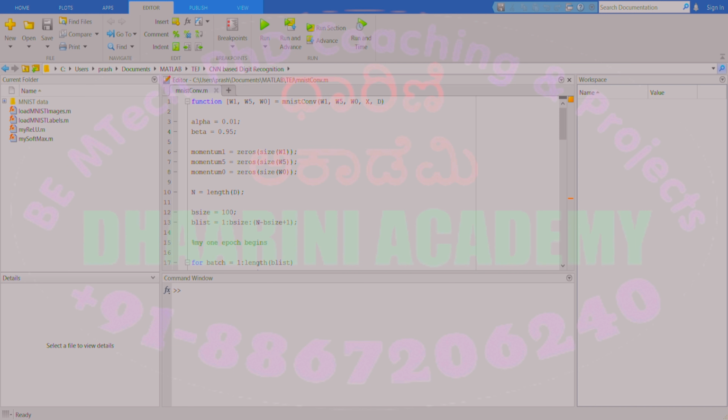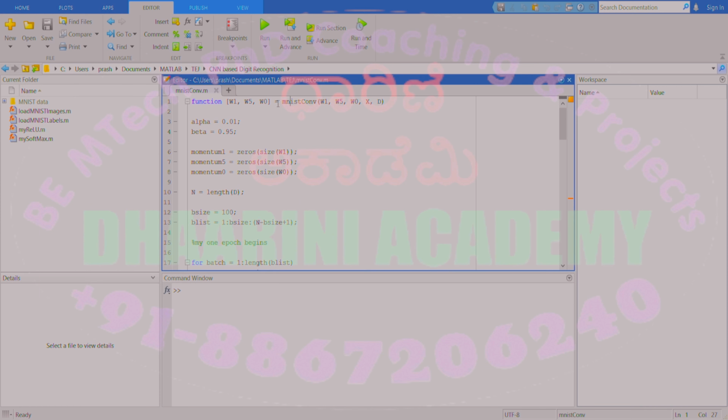In the previous session, we looked at the various layers, and after that we started writing a code. In that code, our intention is to design the deep neural network. And only for the training part, we wrote a function that's called by this name, MNIST conv, right? We want to build a convolutional